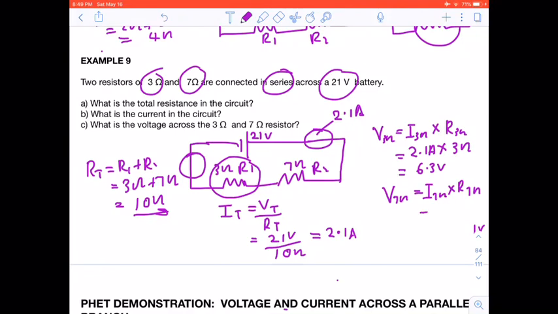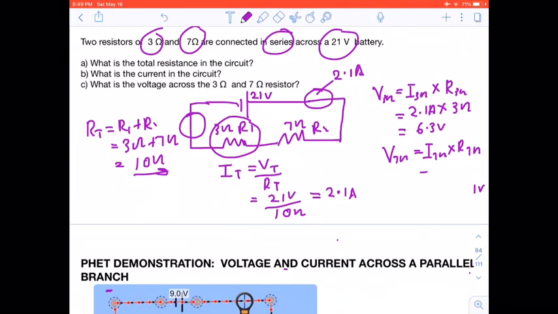The current is the same, 2.1 amps, times the 7 ohm resistor, which is then equal to